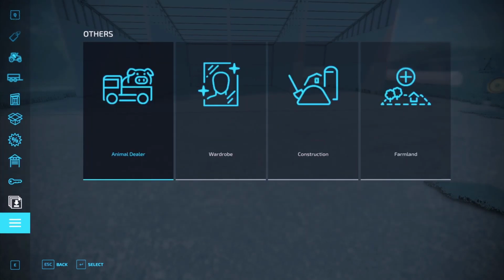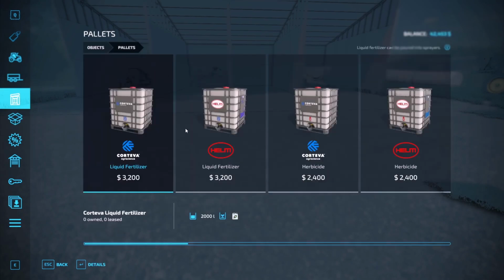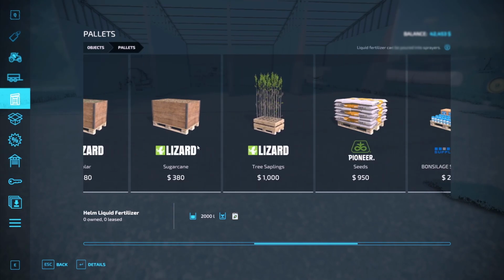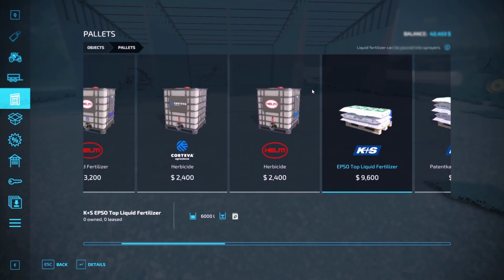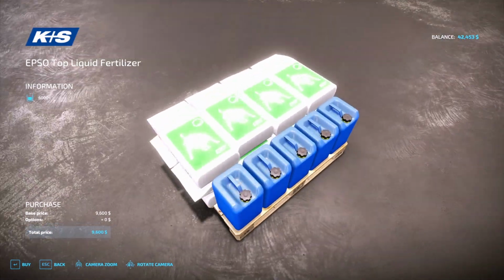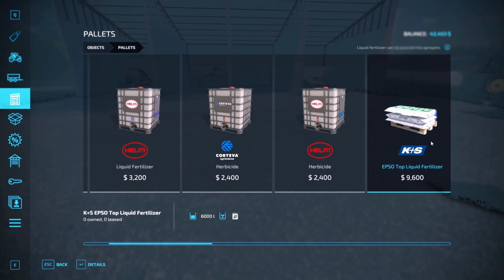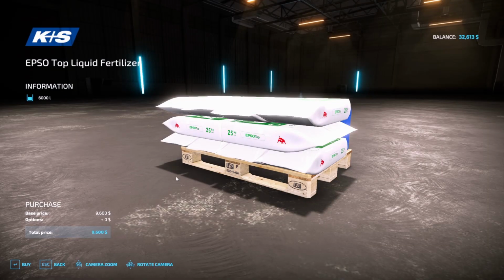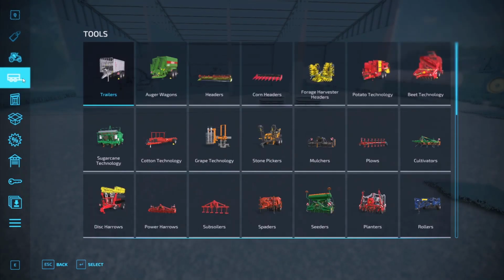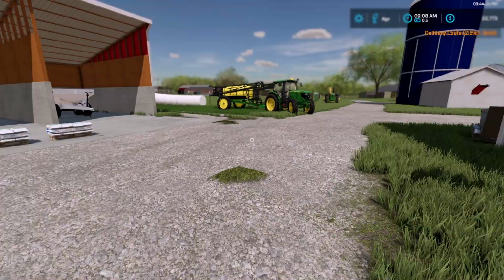Let's see, we want pallets, I think. And then I don't know what brand to use. I don't think it really matters. $6,000. We'll buy some of these because they hold the most. And how much does this sprayer actually hold? I honestly forgot to check. Okay, that only holds 4,000, so